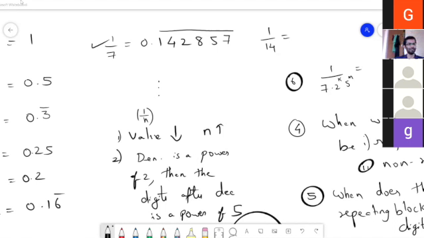If the denominator is 2 and powers of 2, it is terminating. Correct. So 2, 4, 8 are all terminating. And 5 is also terminating. The product of powers of 2 and powers of 5 is also terminating. So we didn't get repeating factors there. So we are only left with 3, 6, 7, 9. With 3 and 9, we are getting only a single digit repeating.